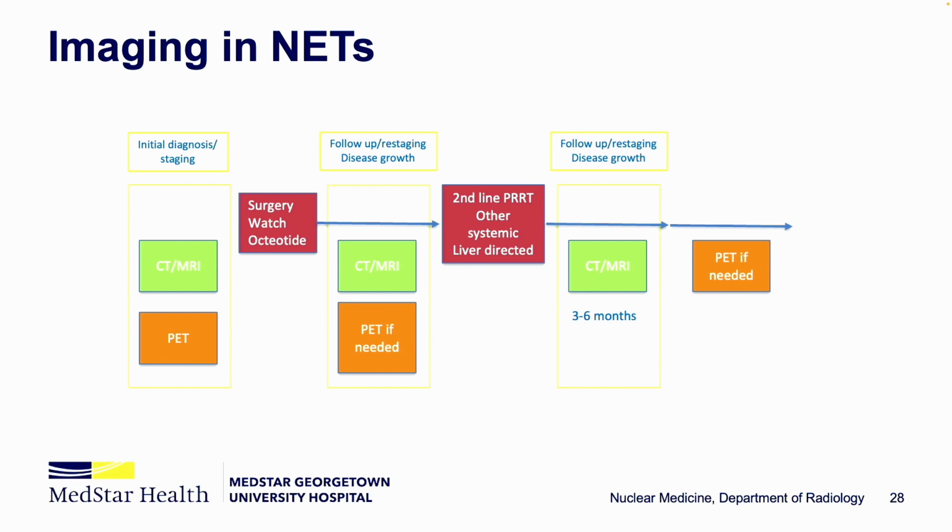So this is the initial staging. Again, I can use a CT or MRI or PET to confirm that the target of our treatment is there. So the patient either undergoes surgery or is treated with octreotide. That's the initial treatment, right? And then